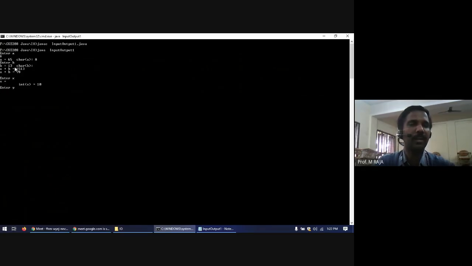Instead, after enter B, you can see these lines of code. Simply I pressed enter. B is equal to 13, char of B is something. Still, we didn't enter the value of B, but the value B is equal to 13 is taken. Because once you enter capital A, then pressing the enter key, two ASCII values will be